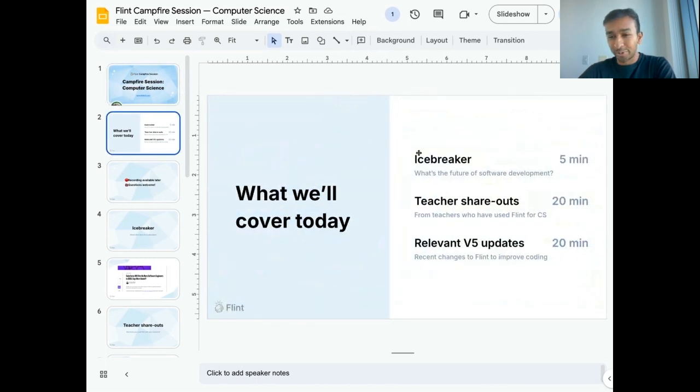Quick itinerary in terms of what we'll cover. We'll do that quick icebreaker in a minute, and then we'll have space to share with one another about how you all have been using Flint. There's a few of you here today that have also volunteered to share about your experience. Julian, Matthew, I see both of you on the screen. I think there's a few other folks that I can't see on my laptop right now, so I appreciate you all